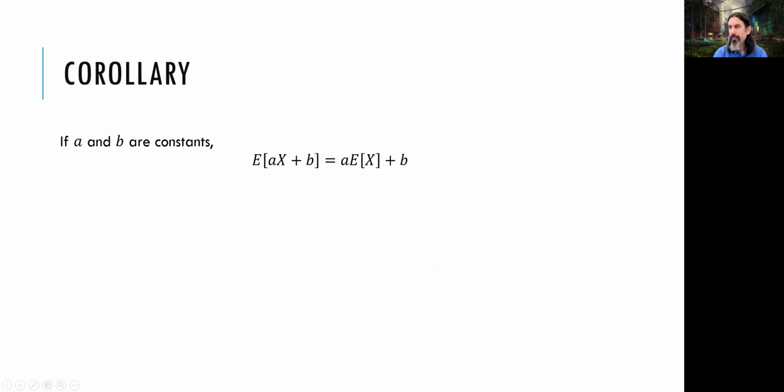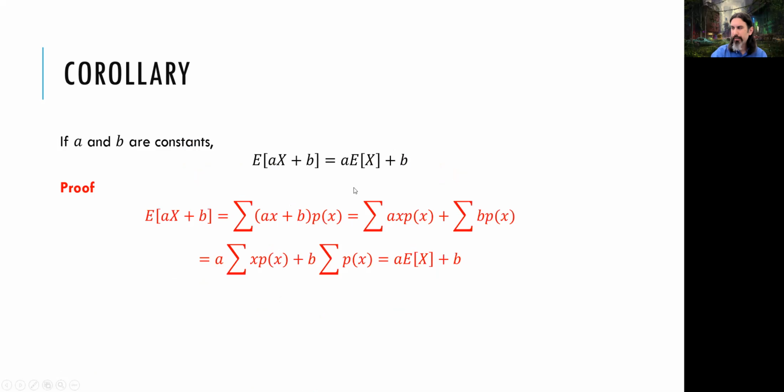So, a corollary. This is a useful corollary that you will be using a lot, especially with expected value problems. It says that the expected value of AX plus B is equal to the expected value of X multiplied by A, plus B. This is a bit intuitive, but there's also an easy proof: you can just plug these values into the definition of expected value and get the result out of there.